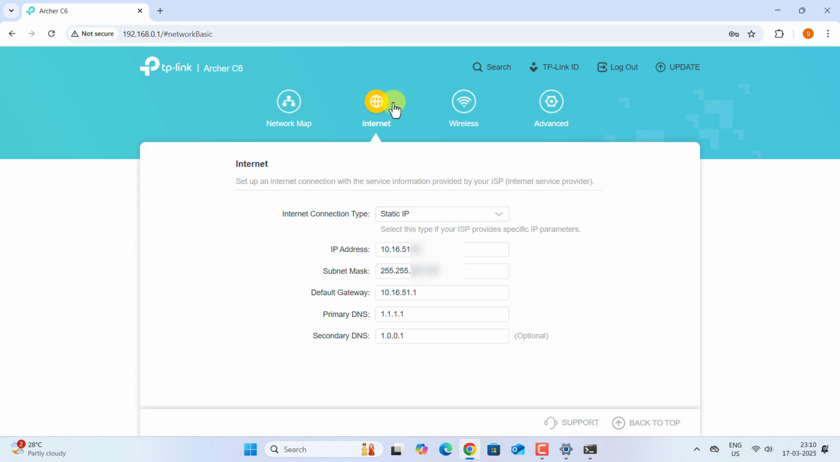Now go to internet and please make sure you copy the IP address. This is the internet IP address. So you can see this is static IP. So I can just copy this IP address and put it in the computer that I'm going to use as